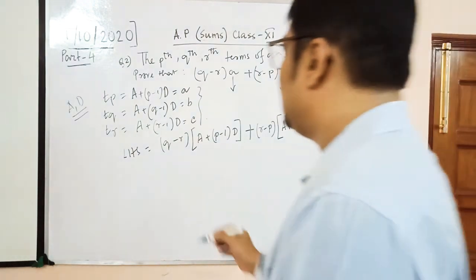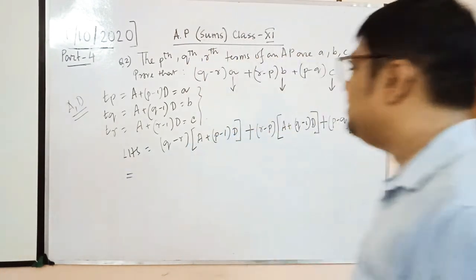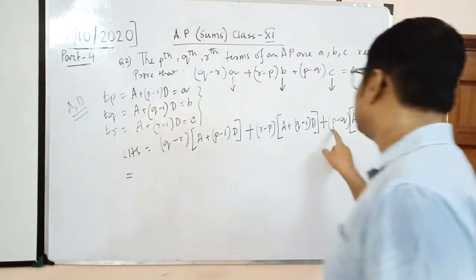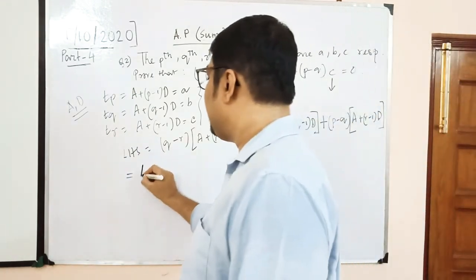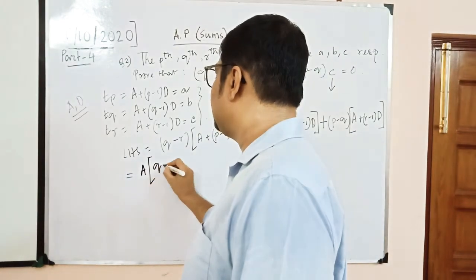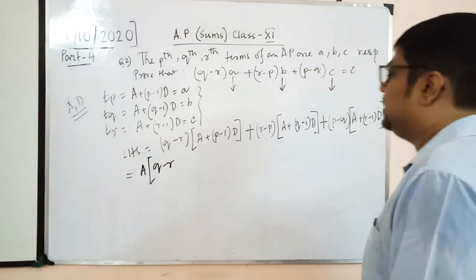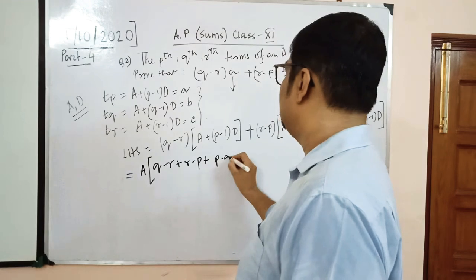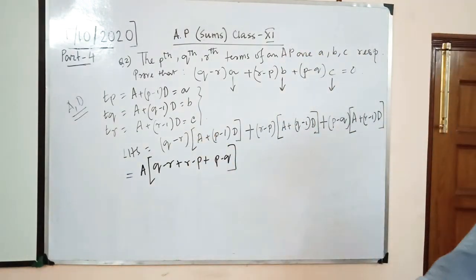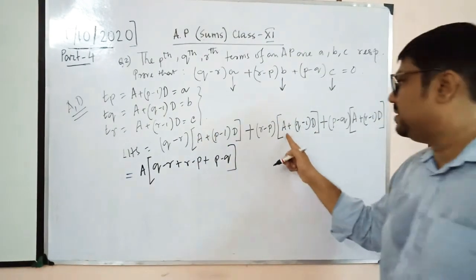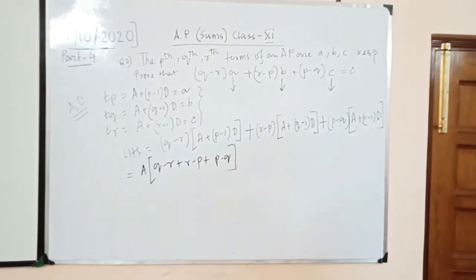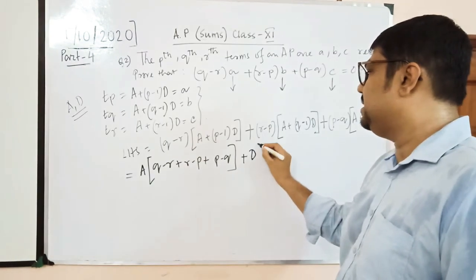So now if I multiply all of this, I will get certain things, that this term into A, this term into A, this term into A. So I can take A common. So that means that will give me something like Q minus R, then plus R minus P, then plus P minus Q. So that will become 0. Just see, if I take A common from this 2 multiplied, this 2 multiplied and this 2 multiplied, I get this. And then if I take a D common, capital D common, I get what?